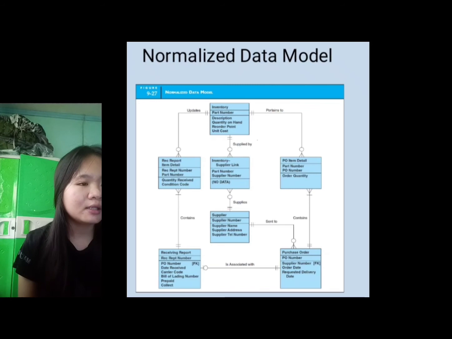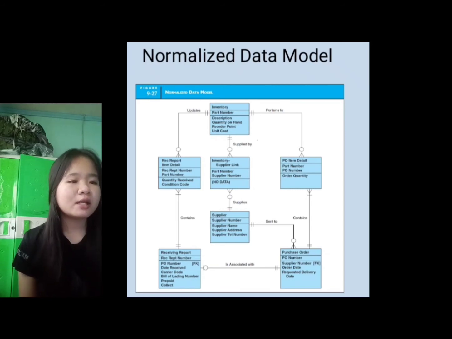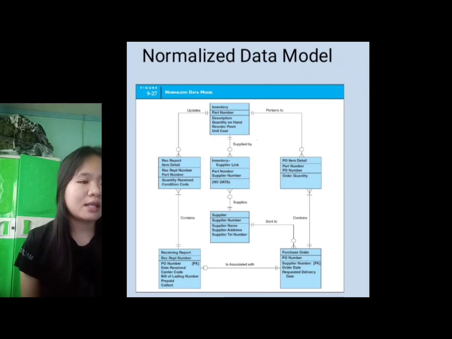While in the inventory, sa baba na inventory is that nagsusupply siya ng information about sa inventory supplier link, yung part number, and the supplier number ng data. Through inventory supplier link is that nagsusupply siya ng information sa mga supplier, yung sa number ng supplier, and of course sa